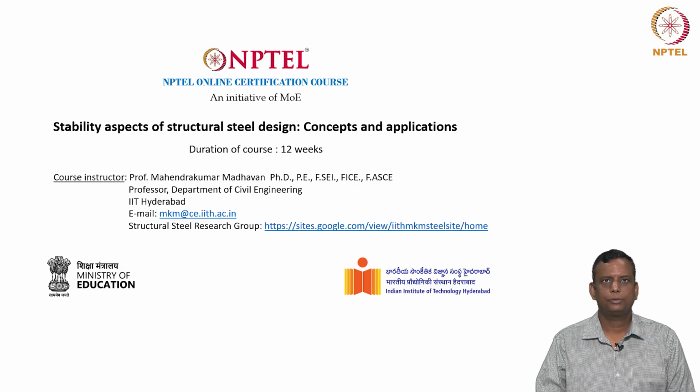The objective of this course is to enable the audience to understand the core philosophy behind the development of design provisions available in IS 800-2007, which can be directly traced back to the fundamental understanding of structural stability. Stability of structures and structural steel design are often considered as two different domains. However, a profound understanding of stability of structures is necessary to properly design the steel structures. This course seeks to bridge the gap between these two domains by formulating stability equations based on fundamental principles.